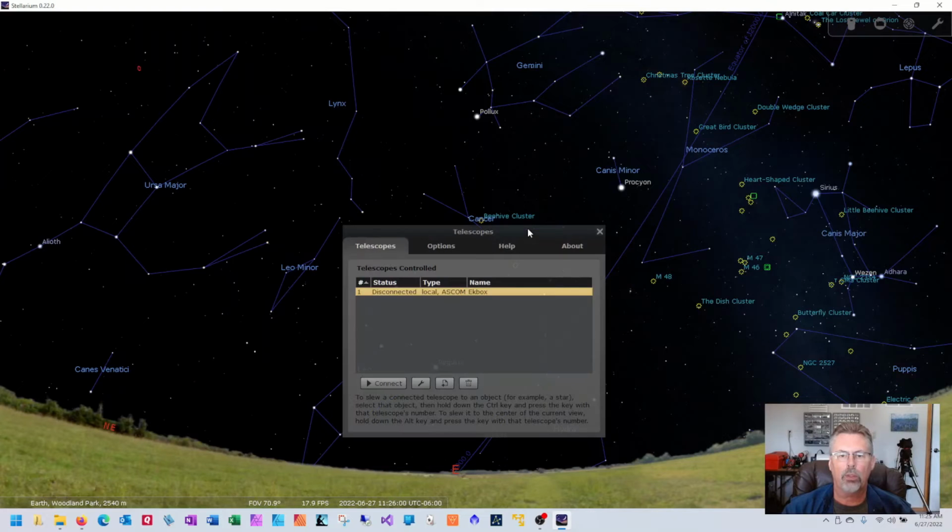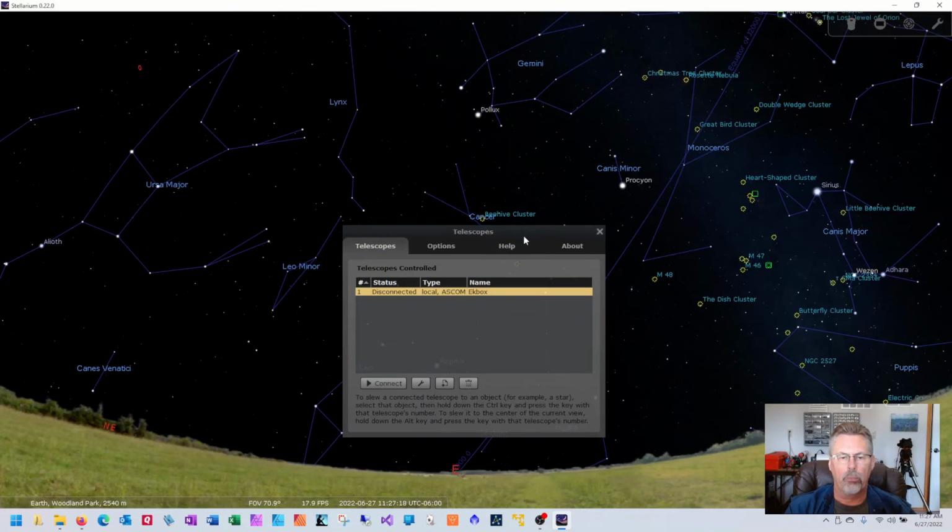That leaves us with the telescopes window. Now you can see our telescope listed in the telescopes controlled window, and the status is disconnected. So we're going to click the Connect button, and it's going to walk us through the process of aligning the telescope with Stellarium so that we can tell where we are pointing. So go ahead and click the Connect button,